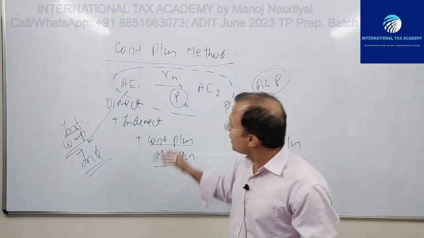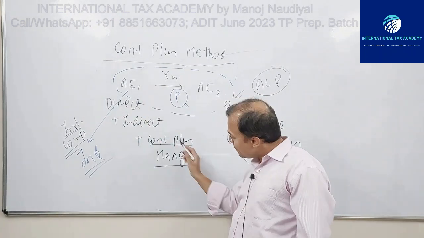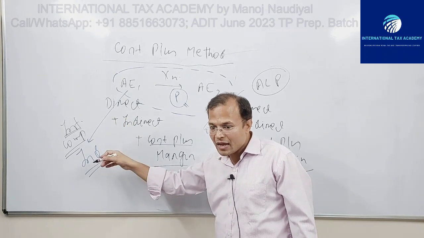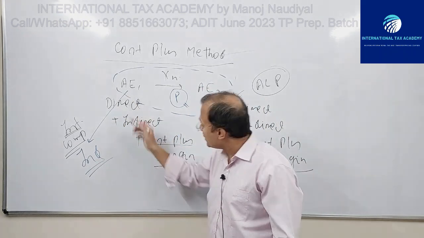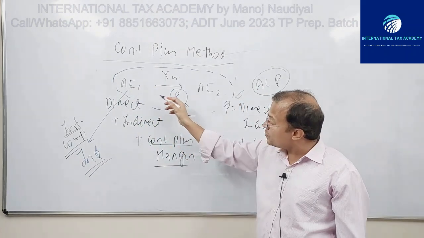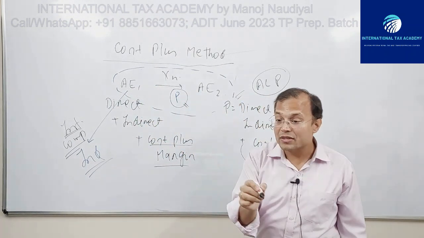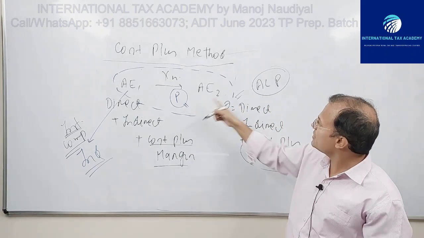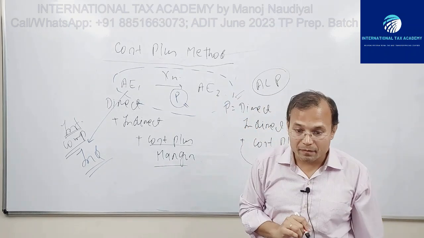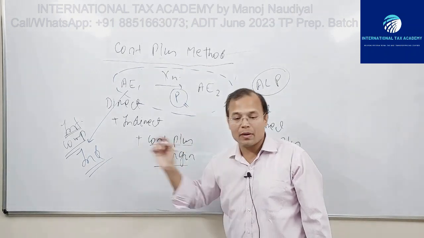So you find that this AE1 earns the same cost plus margin in this uncontrolled transaction, and if you find that the cost plus margin in this transaction is similar to the cost plus margin in this controlled transaction, then you say that yes, this P is indeed the ALP, and that is why the comparability requirements are satisfied. So making use of internal comparable, if you